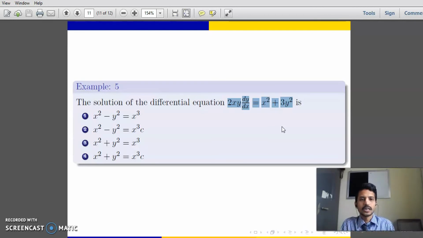So therefore here we have only x and y terms, so this is satisfied. Then one more condition is there. If you observe the degree of each term in the numerator as well as the denominator, both are same. The degree of each term in the RHS is 2, and the degree of each term on the left hand side is also 2. So even though the degree is 1 for x and 1 for y, if you add those two terms, you will get degree 2. Therefore, we can apply the homogeneous technique to solve this differential equation.